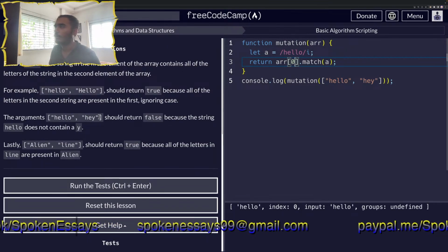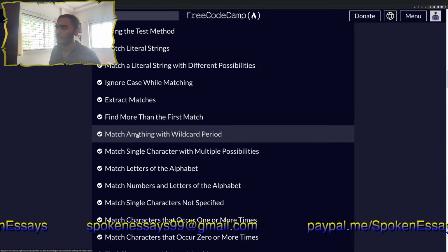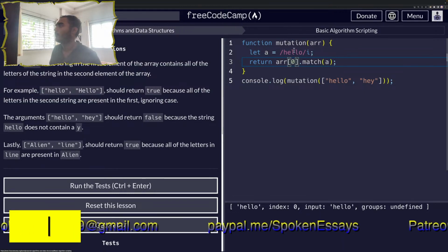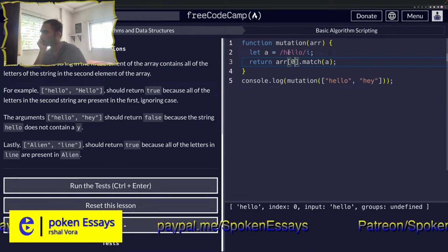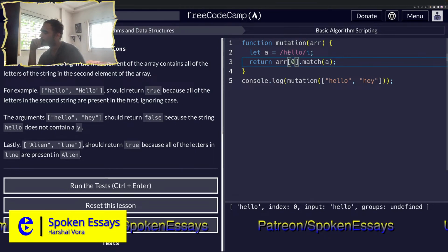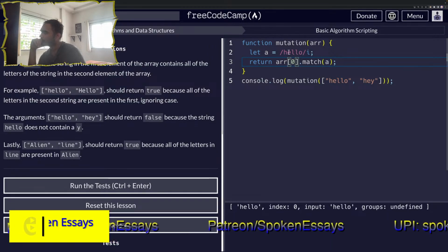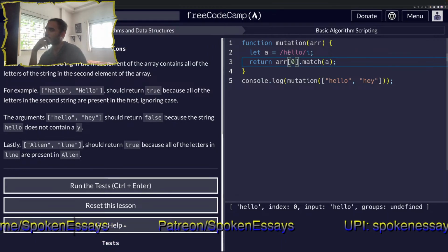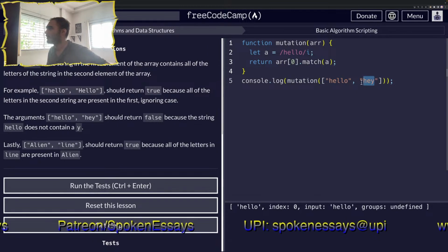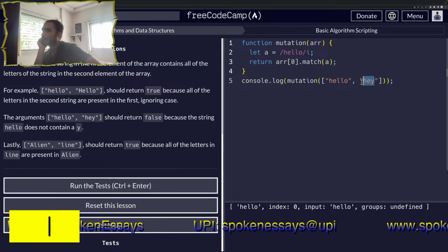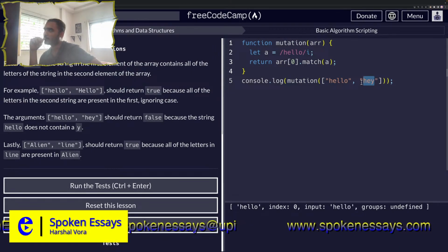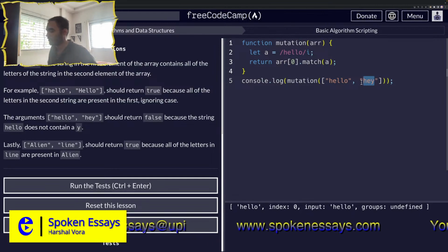Okay. Find more than the first match. Find anything with wildcard period. Actually, no, not anything. I think the second array should be split, and then the second item in the array should be split. So HEY, and each letter be individually checked. And mutation is allowed apparently, so we can mutate the